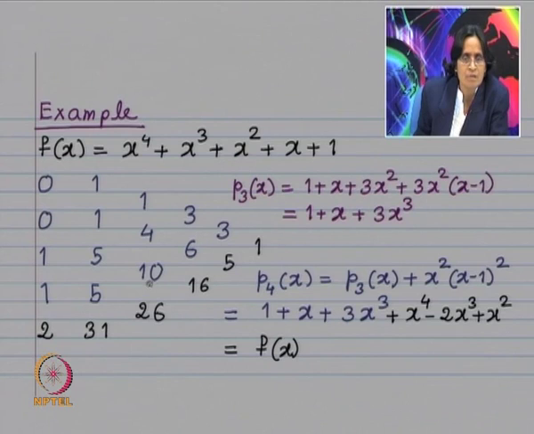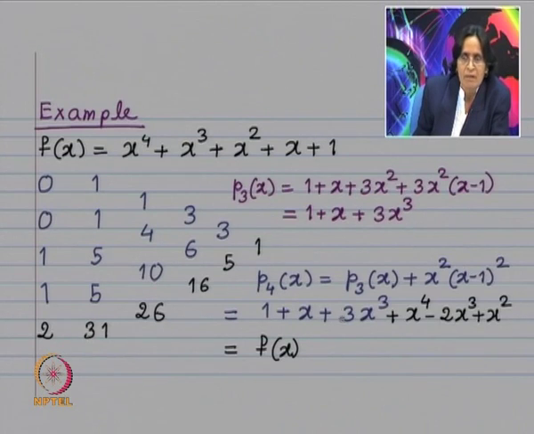This entry is (26 minus 10) divided by (2 minus 1). So, it is 16. Then you have (16 minus 6) divided by (2 minus 0). So, that is 5, and (5 minus 3) divided by (2 minus 0). So, that is 1. And now, P4(x) will be this P3(x), and then you add one more term. The coefficient of that term is 1, and then your interpolation points are 0, 0, 1, 1. So, that is x square into (x minus 1) square.